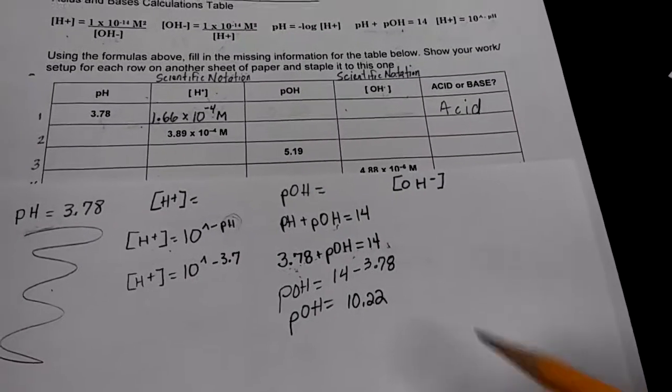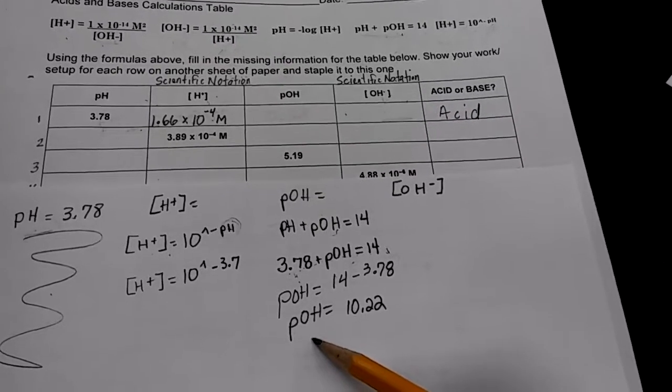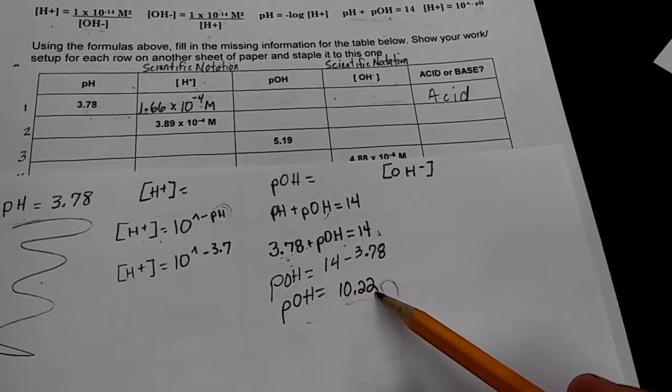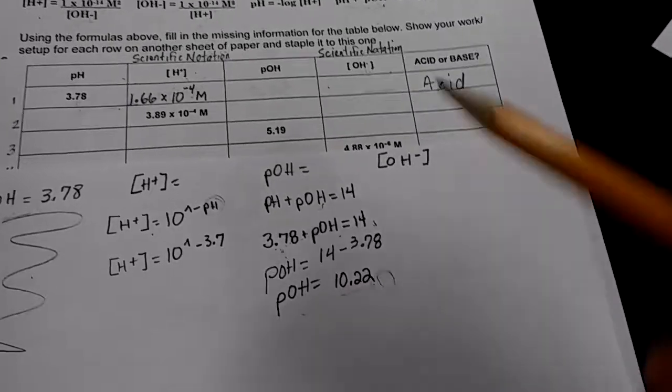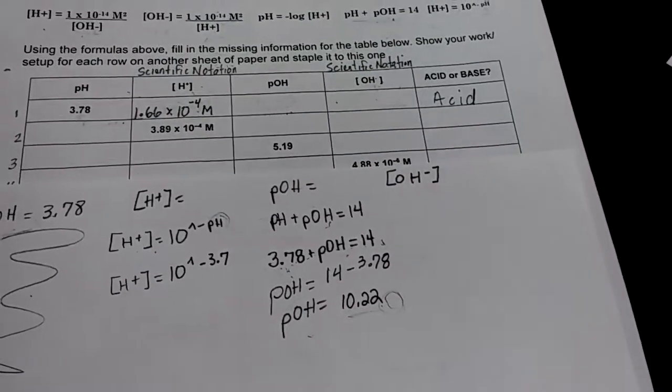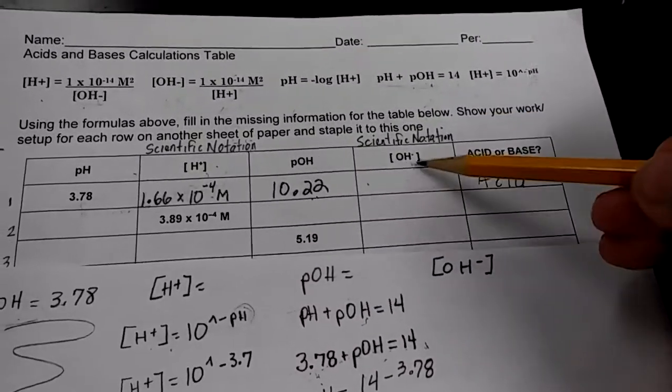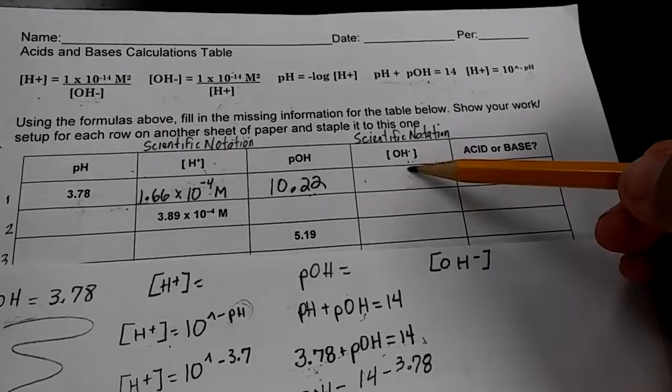Okay, my answer is 10.22. There is no unit, so it's just flat out 10.22. All right, and you go ahead and put it into the little space. All right, for the next one, we're looking for the hydroxide ion concentration, and the way we're going to do